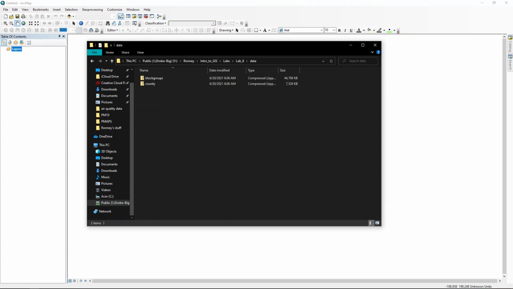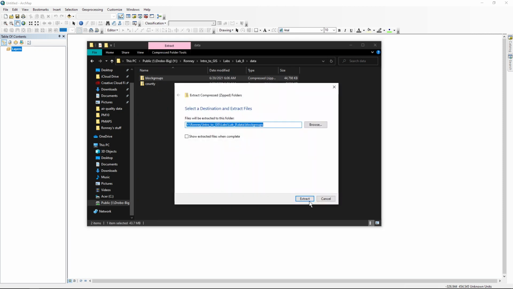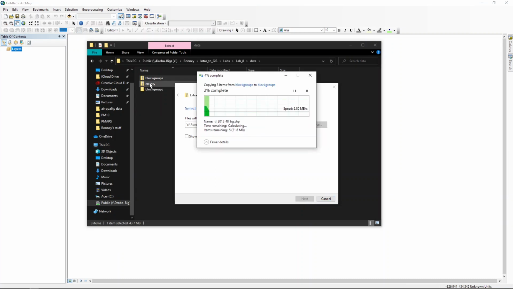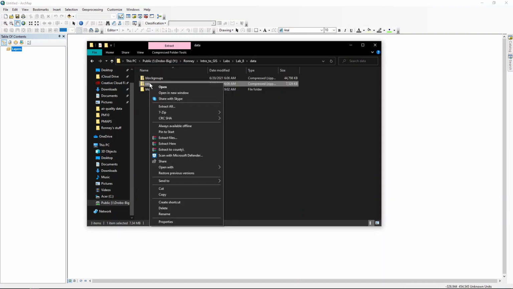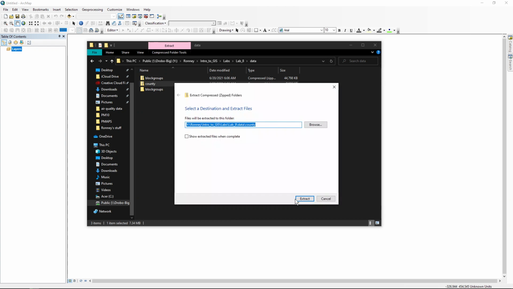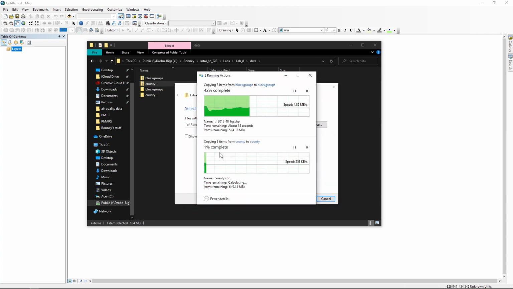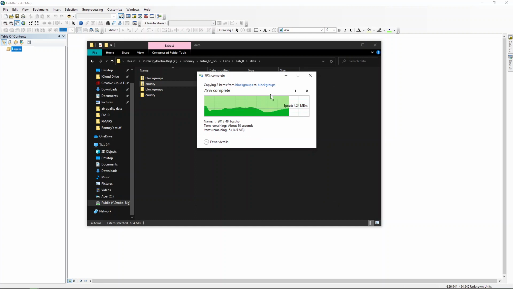So to start off this section, I've got my data downloaded, and we'll go ahead and extract all that stuff. So we'll right click, extract all, hit extract, do the same for county, extract all, hit extract, wait for it to get done. Yeah, block groups is pretty big. Still waiting on block groups. Anyway,